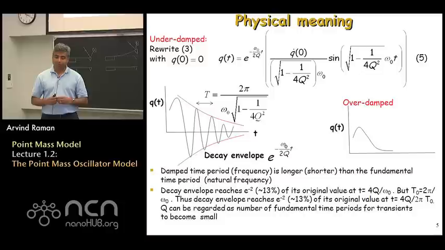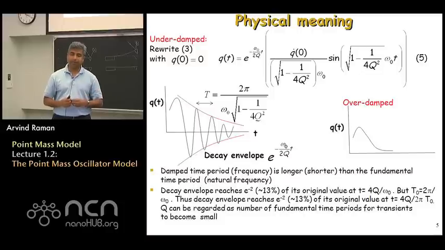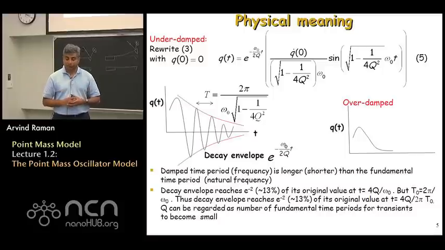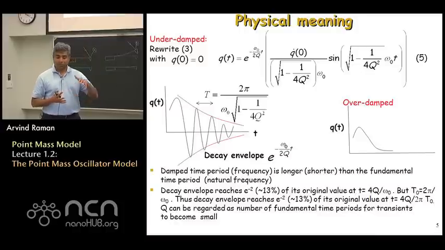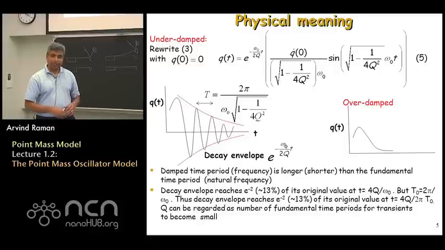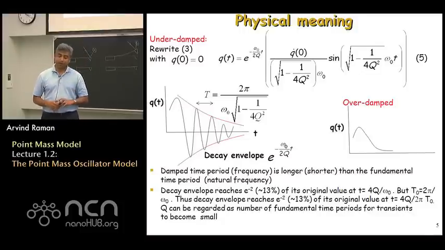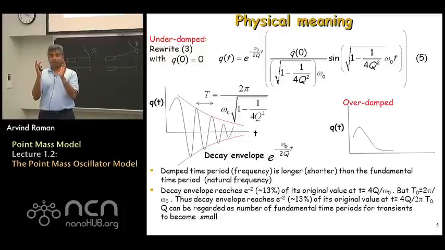We can rewrite equation 3 for an initial displacement of 0 to try to understand the physical meaning of this solution. And when one does that, one gets equation 5. Again, it's easy to see the mathematical form, and by looking at equation 5, you can easily judge that in the underdamped case, you've got this exponentially decaying solution. In the overdamped case, you're going to get no oscillation, but just a decay down to 0. There are two important observations from equation 5. The first is that the time period of this decaying oscillation can be determined by the frequency term inside the sine